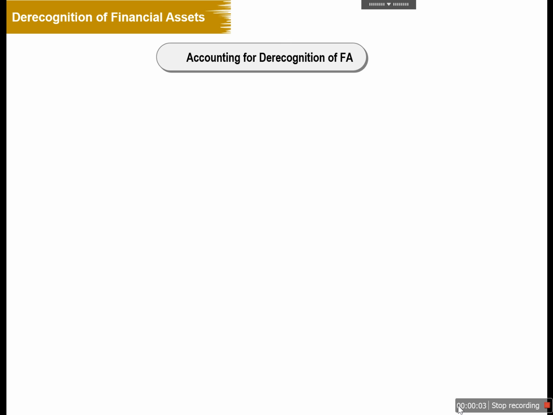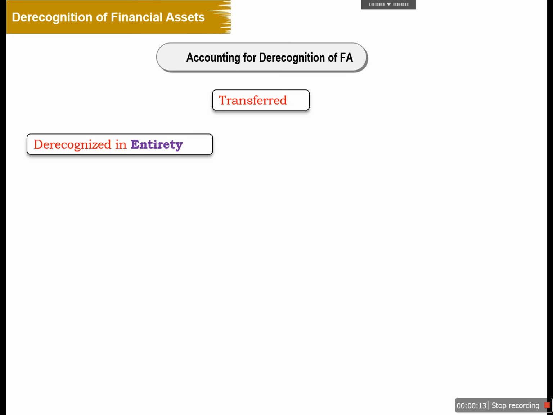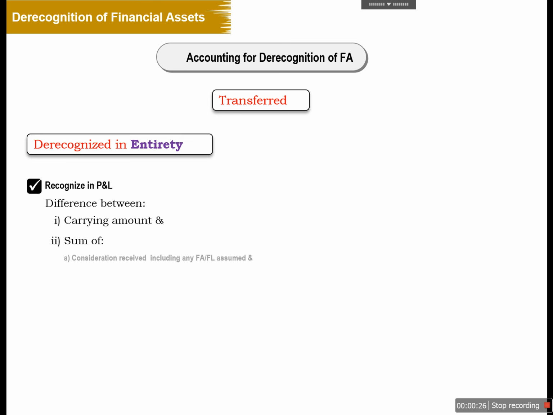Accounting for derecognition of financial asset. If an entity has transferred the financial asset and, because of the transfer, it qualifies for derecognition of the asset in entirety, in that case we need to recognize in the profit and loss account the difference between the carrying amount of the financial asset and the sum of the consideration that we have received for the transfer of the financial asset, including after